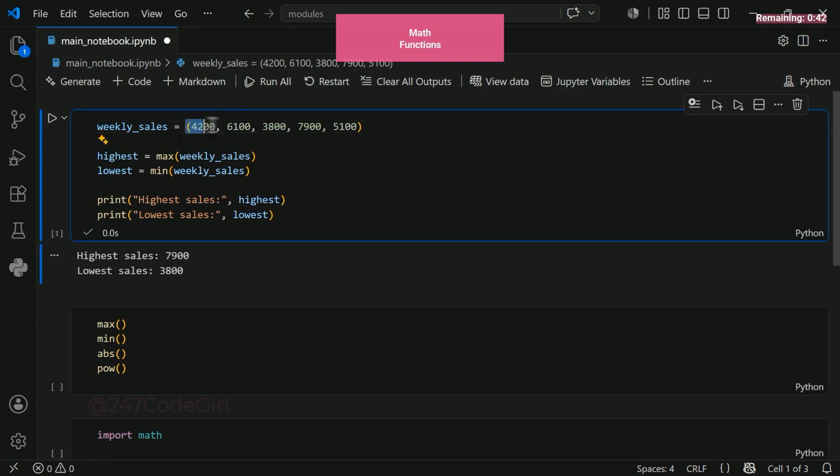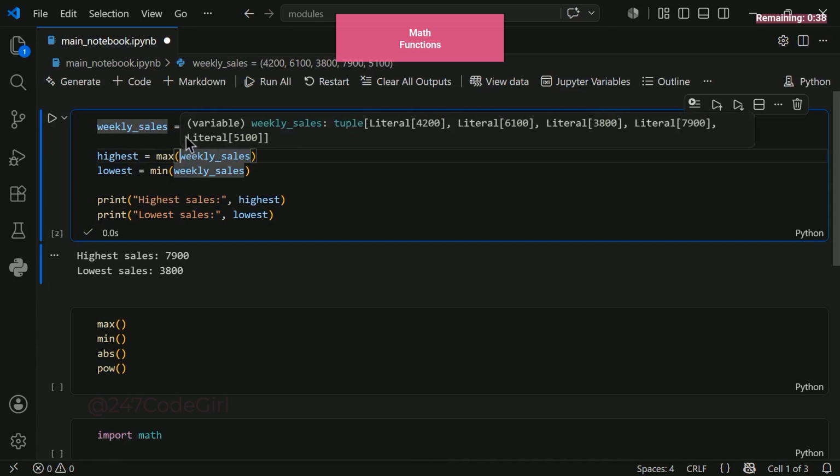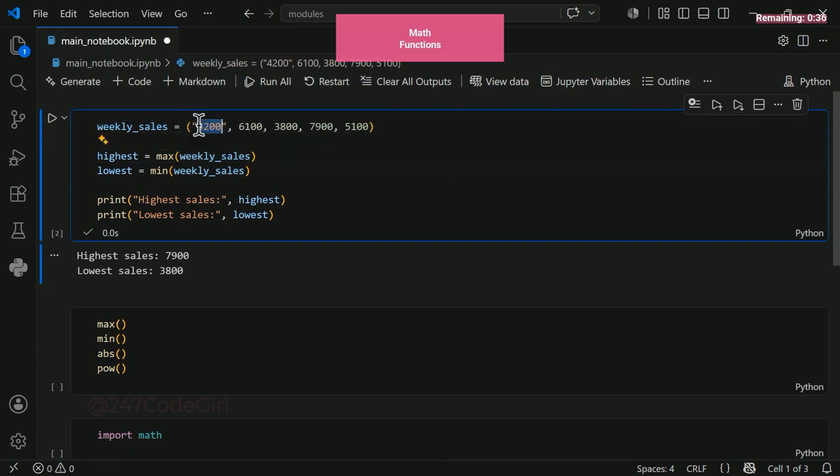Observe the two round parentheses. By changing it to a tuple, it still works perfectly. The code remains solid. I could even use letters instead. Let's see. Here, I have a sequence of letters. The highest letter is E, and the lowest letter is A, so max and min are incredibly versatile across data